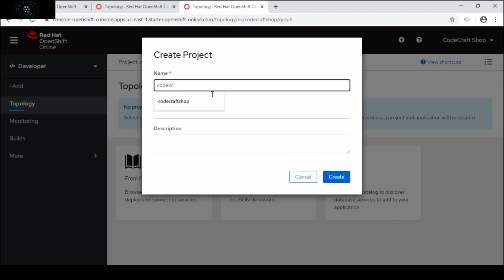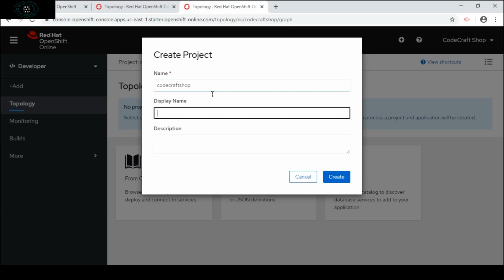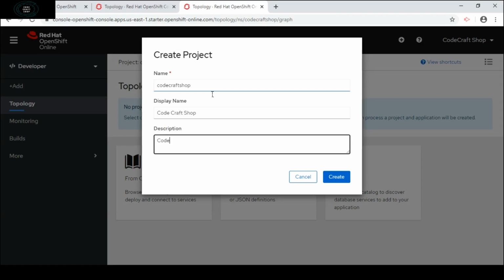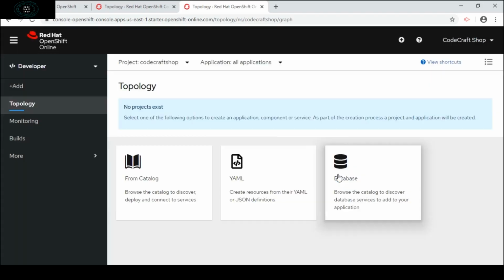I will name it Codecraft Shop, and the display name is whatever you want to display on the screen. Then I will click on the Create button.